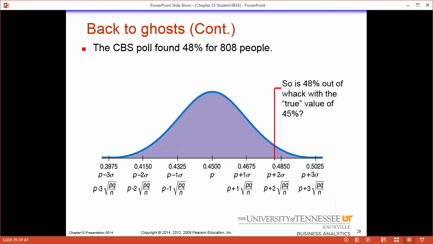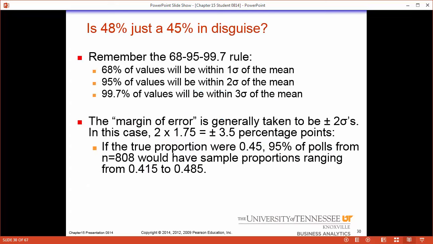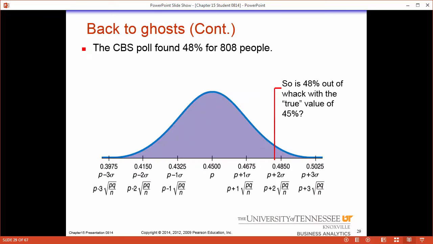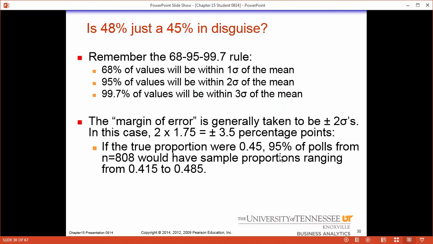We're going to stick to above 2 or below 2 standard deviations is odd. So this isn't really that odd given a sample of 808 people. We use our 68, 95, 99.7 rule once again because we can see right here 2 standard deviations, 95% would be between this. And we're going to call anything outside of it an outlier. Great, amazing rule right here. It comes into play so much.